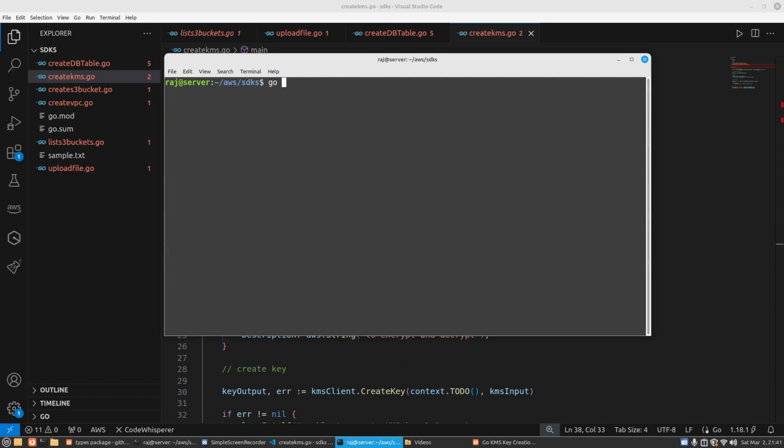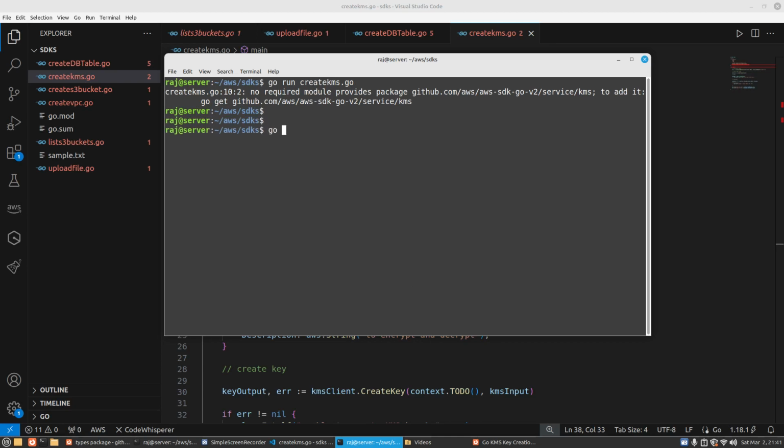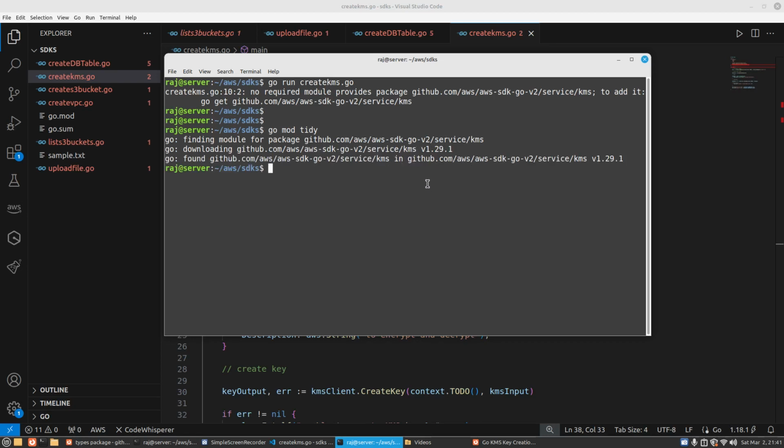So that's going to be go run create KMS. As usual, we'll always get one or two errors, which is good. We can try to fix what's going on. On line number 10, it's saying the package is not there. So we know what to do. We need to do a go mod tidy. It's going to download this package from GitHub. And now if you run it again,